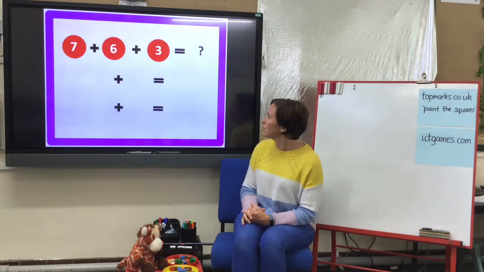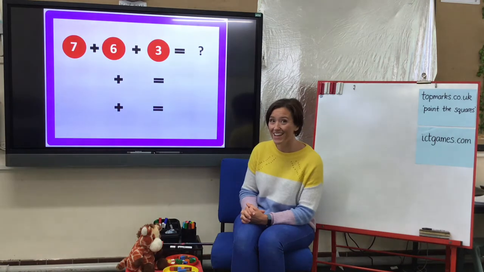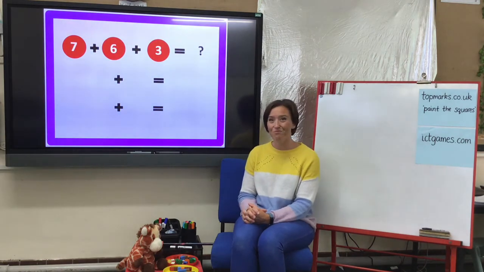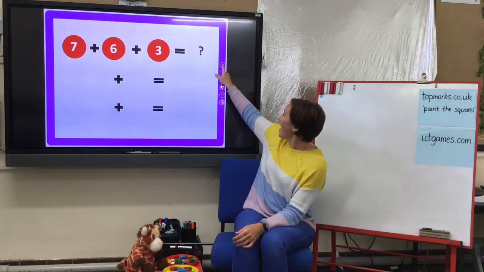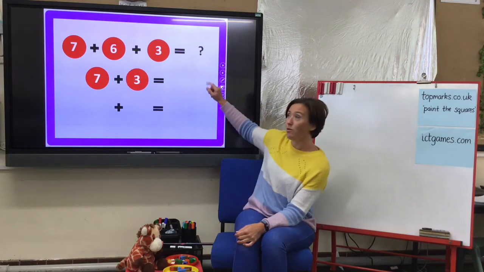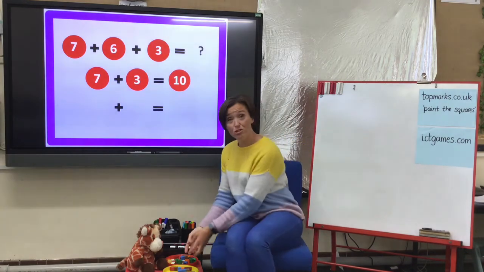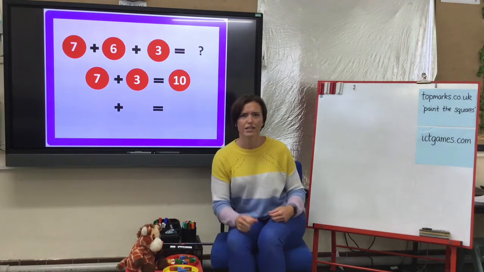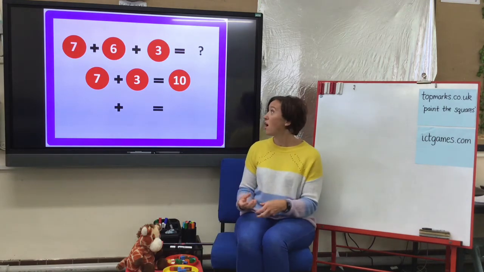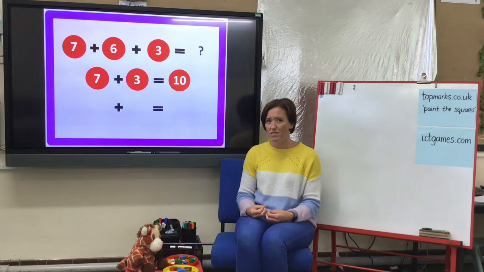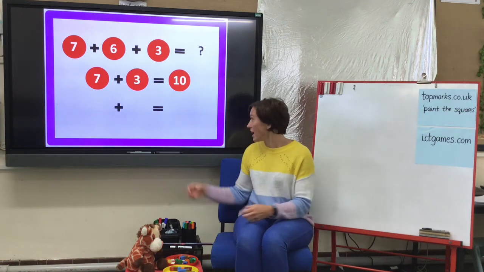Let's have a little look. Can you see it? Well done, that's right. 7 add 3 equals 10. Okay, so we know that. I could use my cubes and I could check that if I needed to. But if we're confident we know that 7 add 3 equals 10,